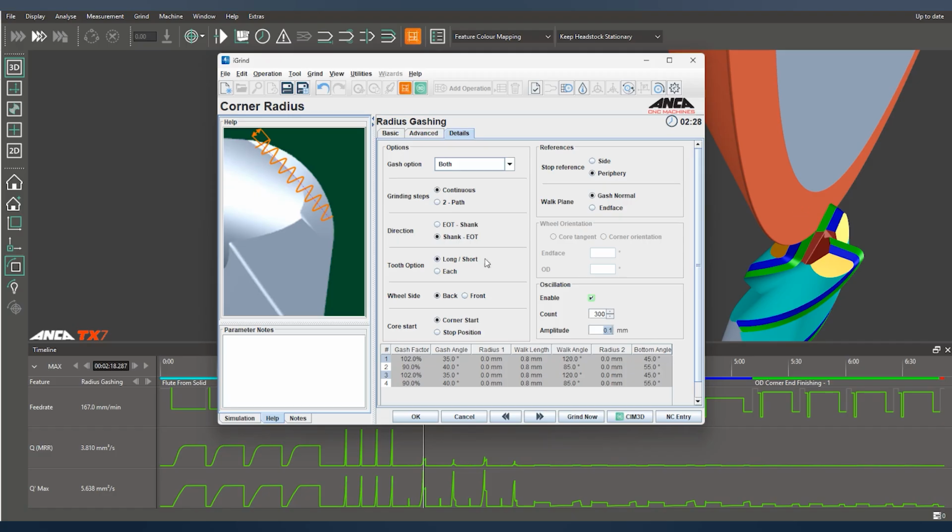grit of the wheel, we use around 0.1 amplitude and go around the corner radius with these oscillations, and we get a much better surface finish on the corner radius along the corner. So it improves surface finish and also the cutting edge quality, because the lines on the corner radius can transition into the cutting edge, but in this case it's a much better surface finish with less chips and a much better cutting edge quality.